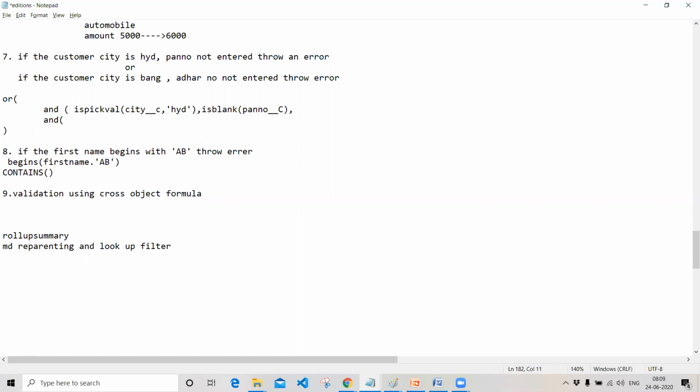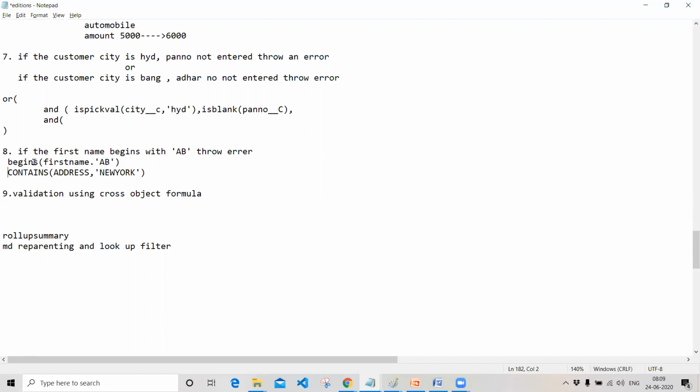Contains, and what is the field that you want to give here? I want to give the address field, and the value you are expecting is New York. If this address field contains the word New York, then this statement will fire. This is the contains statement.